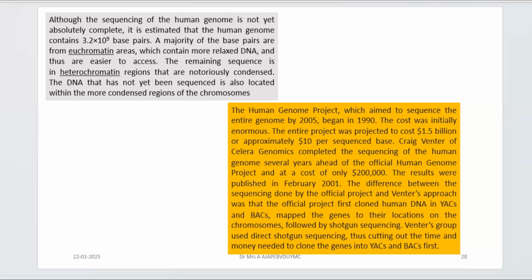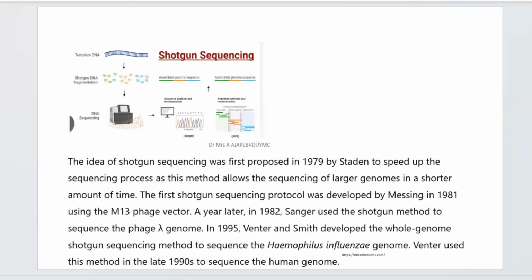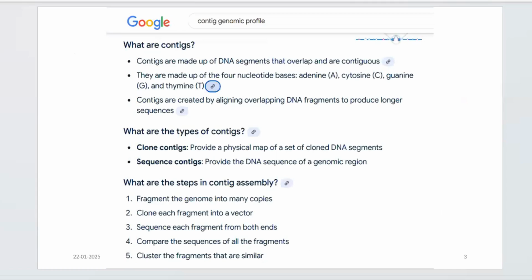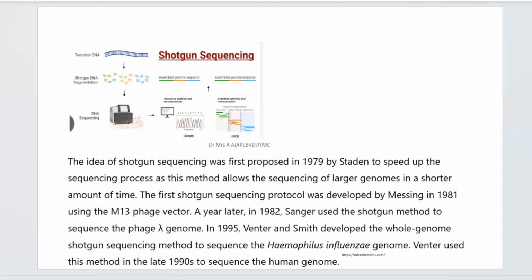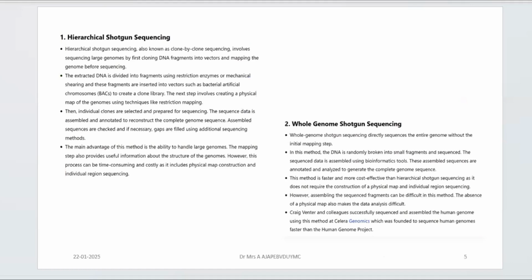I'll start with my previous slides also, what we talked about in the previous lecture, so that you get the entire summary of shotgun sequence. Here in the first we had discussed the term contig, then what is the definition for shotgun sequencing and its history. Then we had talked about two different methods of shotgun. One is whole genome shotgun, another is hierarchical shotgun. Hierarchical means the method by clones, right? So you are going to do clone by clone sequencing, which is hierarchical sequencing.